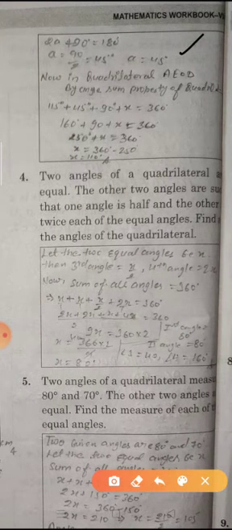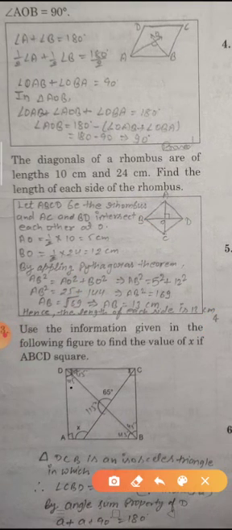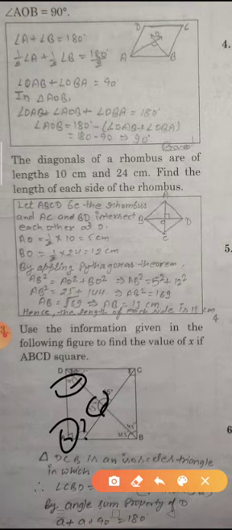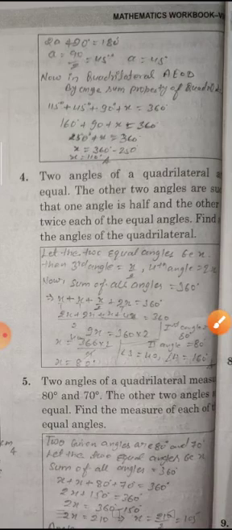Now in quadrilateral AEOD, by the angle sum property of a quadrilateral, 145 plus 45 plus 90 plus x is equal to 360. So students, look here. This is 45 degrees, this is 90, this is 115. We know that the sum of all interior angles of a quadrilateral is 360. So sum the three angles and subtract from 360 to find the angle x. So 250 plus x is equal to 360. Subtract 250 from 360. So x is equal to 110.